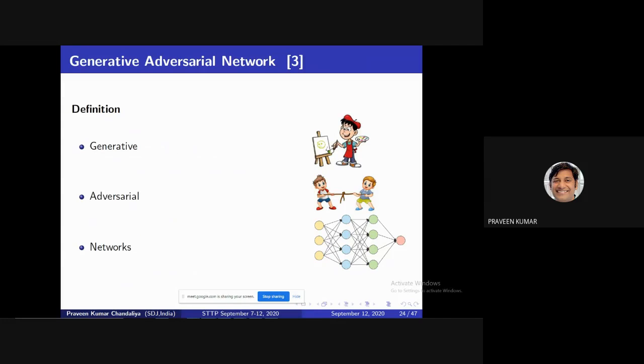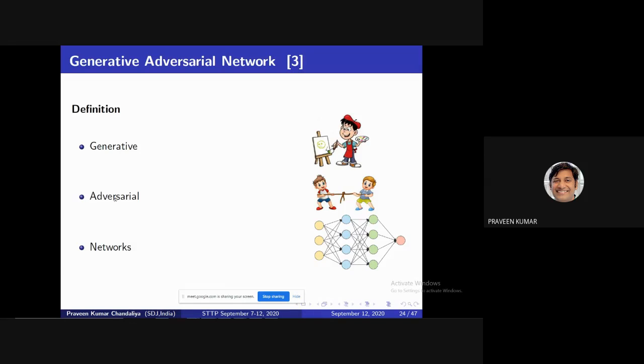In a generative adversarial network, three important terms are present. The first one is the generator, the second one is adversarial, and then the network. What is the generator? It generates the image. How do we generate images? Using two components: one is the generator, and the second is the discriminator.